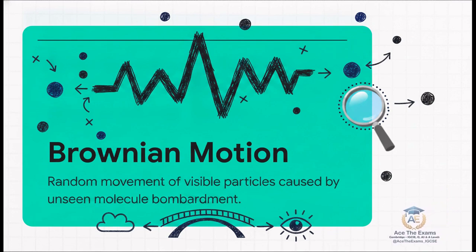Brownian motion is the ultimate bridge between abstract physics and visible evidence. It's the actual visual proof that the kinetic particle model is real. When you write down that the random bombardment from unseen molecules causes the visible particles to dance erratically, you secure